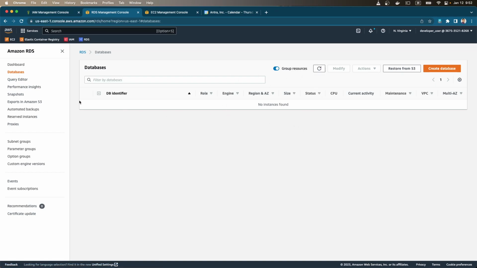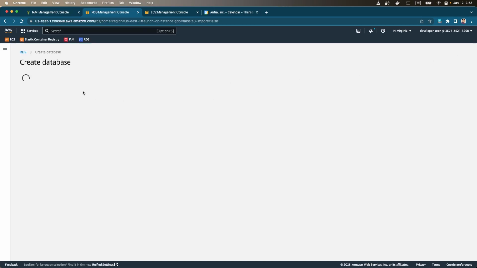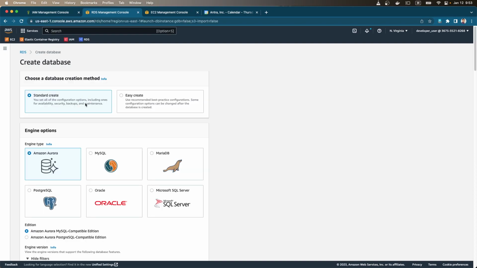Now we don't have any. And then we can click on Create Database. It will load a creation wizard. So it will ask us to choose the basic information of the database we need. For instance, like the engine options,